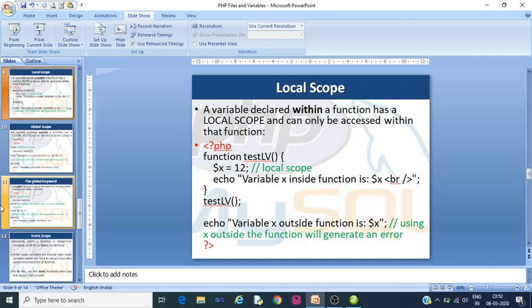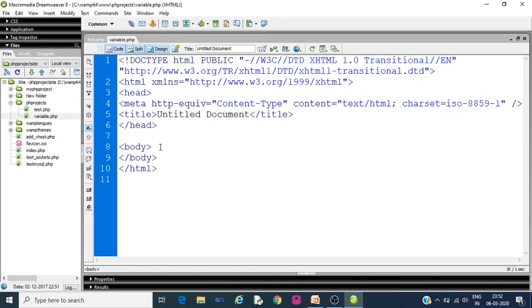So let us check it on the browser. Just start the PHP script, close the PHP script, create a function using function keyword, function test lv, declare a local variable $x is equal to 12,